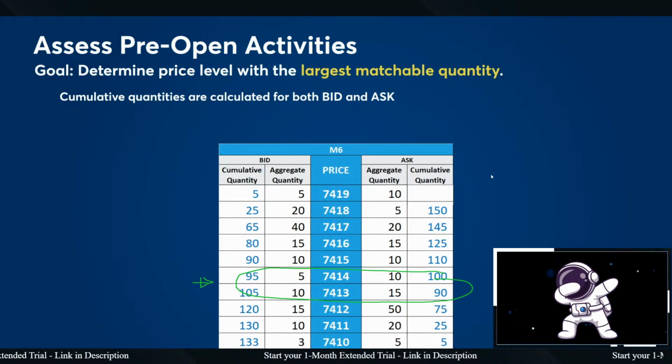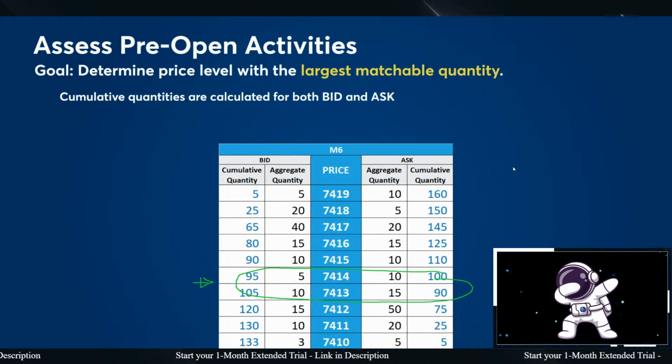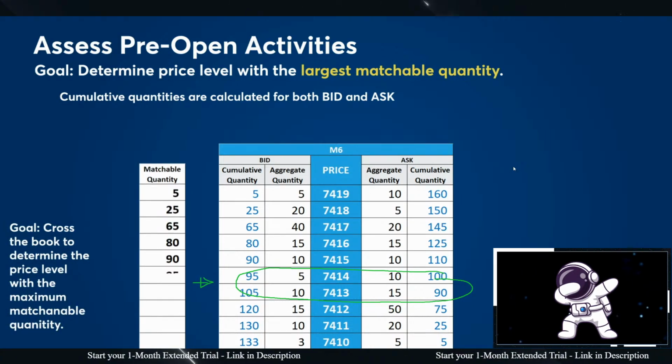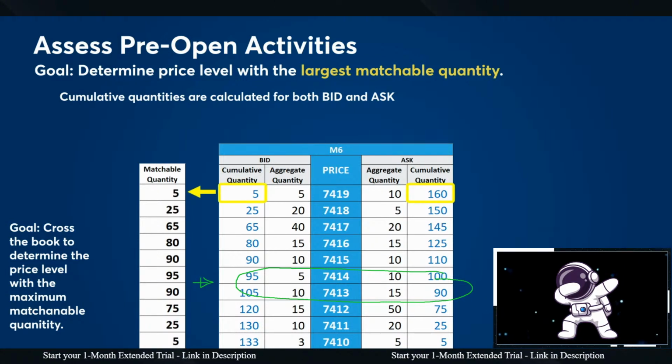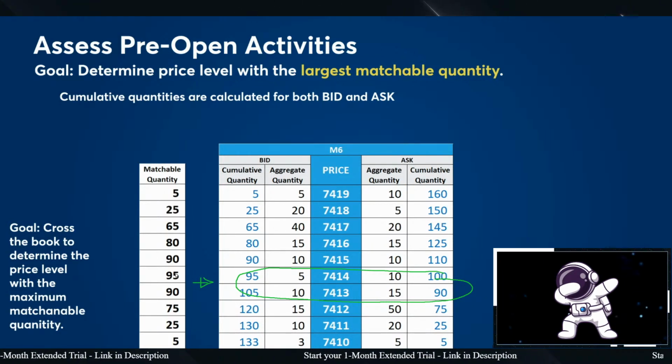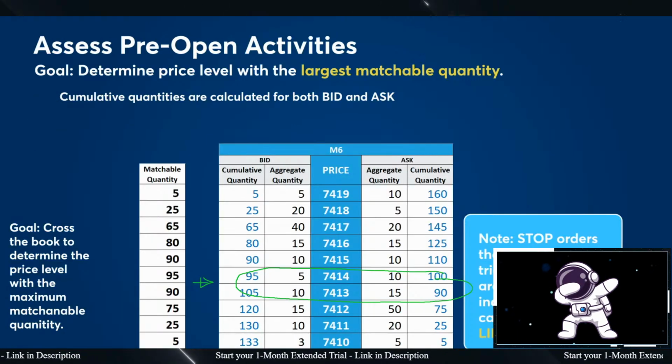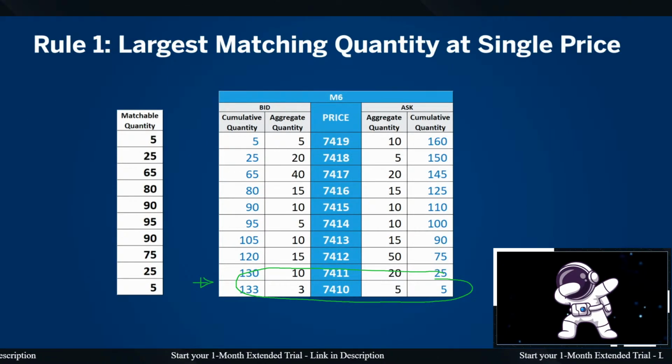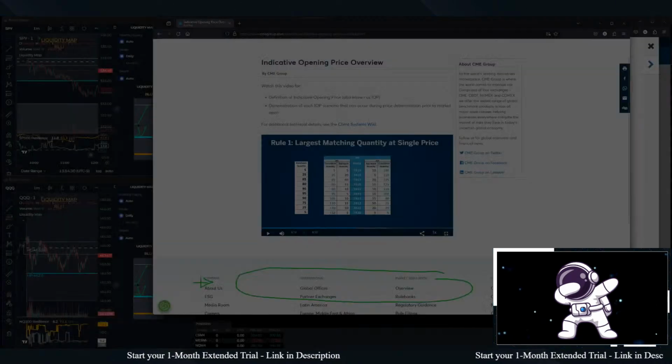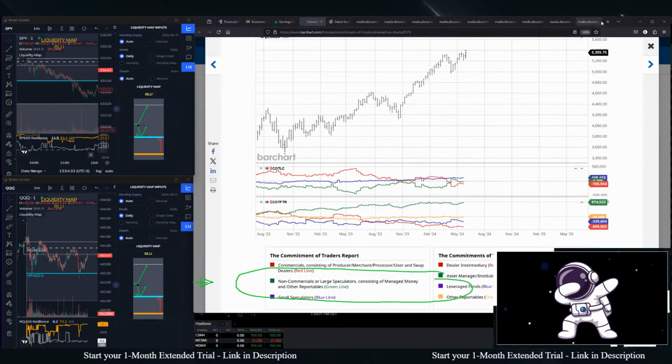Y'all didn't know that. That's how that works. So that opening price in futures is calculated that way. Price level for the bid and ask. A cross book is an order book showing orders that would match. I'll save you 10 minutes of video, but that's how they do it. And that's 95 is the matchable quantity, and so on. Then they talk about tiebreakers and other things in here. But the CME Group is really cool at explaining all the Globex stuff.